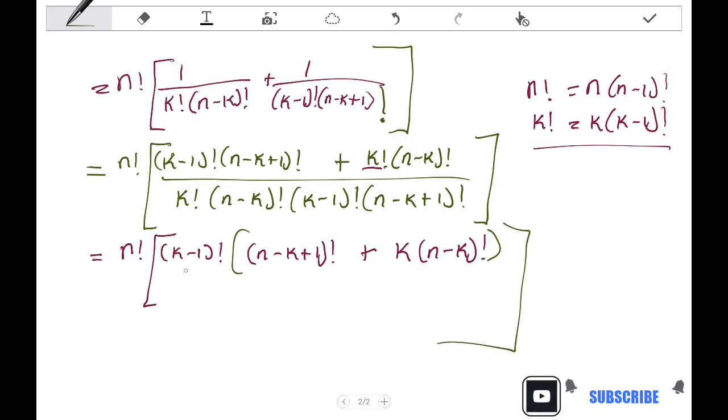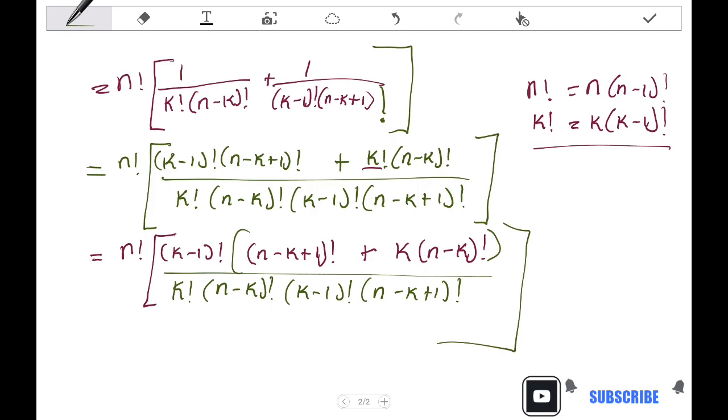So that means k minus 1 factorial is a common factor between this and that, where we changed k factorial to that identity, and the whole of this is still divided by k factorial into n minus k factorial, k minus 1 factorial, and then n minus k plus 1 factorial. Therefore this k minus 1 is going to cancel the k minus 1 factorial. So after cancelling that out, the next step is going to be